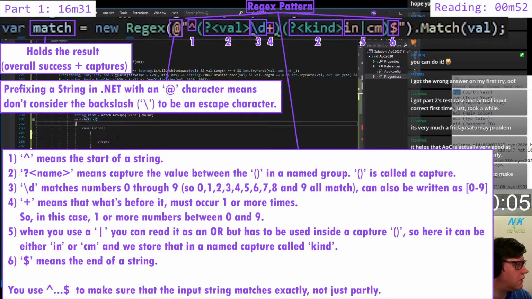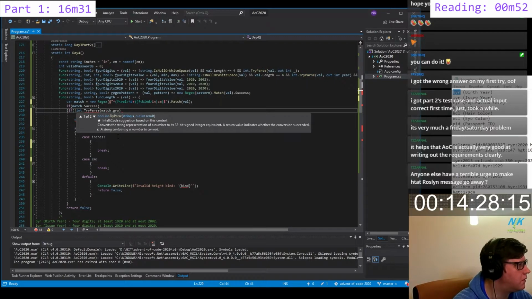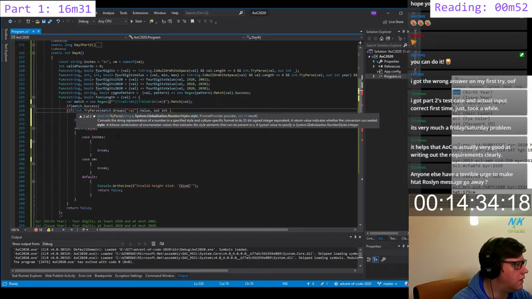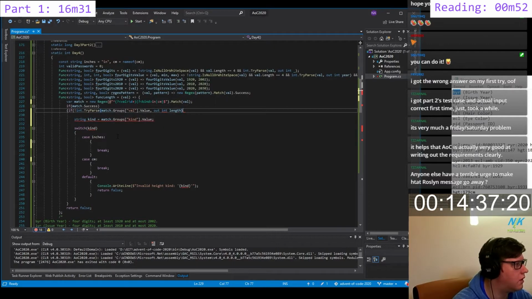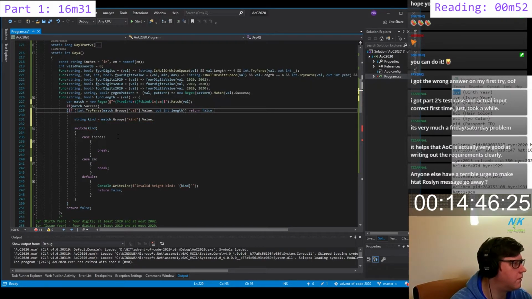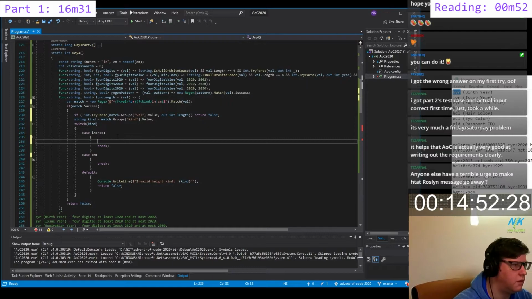So we can do, actually we can just check here if not int.TryParse groups val value out int length false, like that, and otherwise we have a valid length here, and now we can just say, what was it for